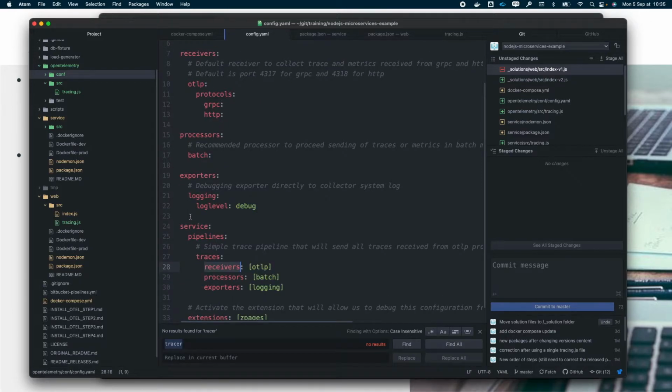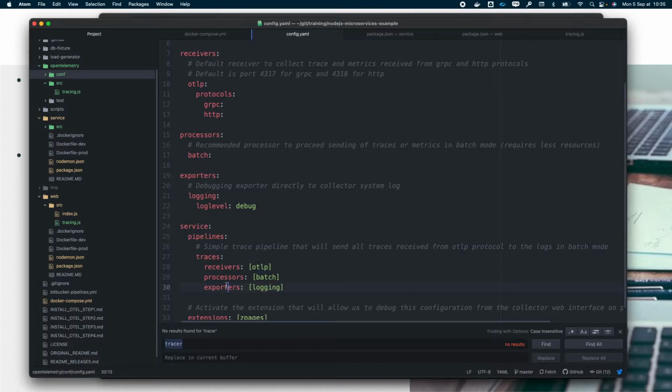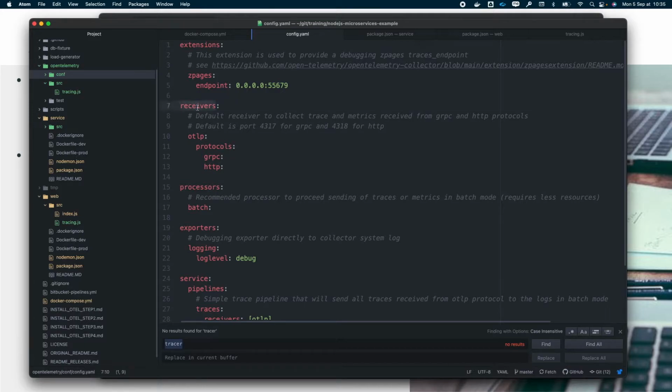So what is a pipeline in an OpenTelemetry collector? A pipeline defines 3 steps. First, receiver steps that is used in order to receive data from different sources. Then a processor step that is used in order to transform this data. And finally, an exporter step that is used to define where you will export this telemetry data. So here we define as receivers the OTLP protocol, meaning that we will collect traces, metrics or logs only from OTLP sources, whether they are gRPC or HTTP. We didn't define any endpoint, any port, because we will use the default one, which are defined or described here.